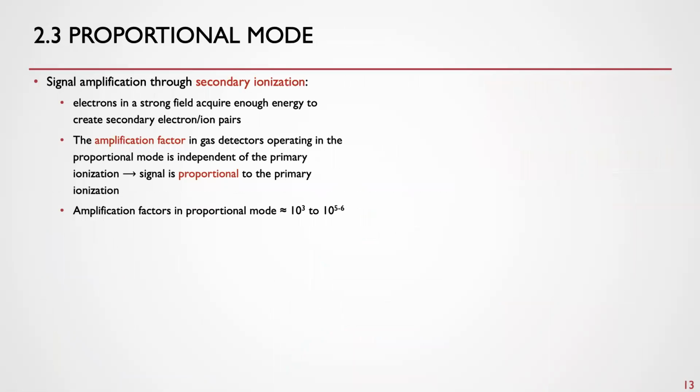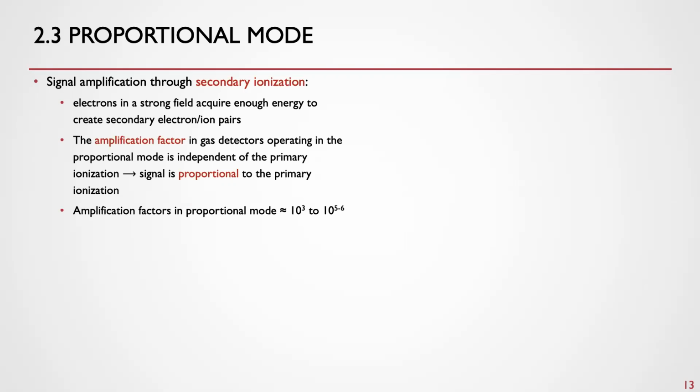Now we know how an ionization chamber works and what its time dependencies are. Let's look at more high energy physics applications. We now talk about the proportionality mode and signal amplification through secondary ionization. And that secondary ionization is not the one by means of delta electrons. This is the secondary ionization by means of avalanche formation. So let's discuss it. The electrons in a strong field can acquire enough energy to create